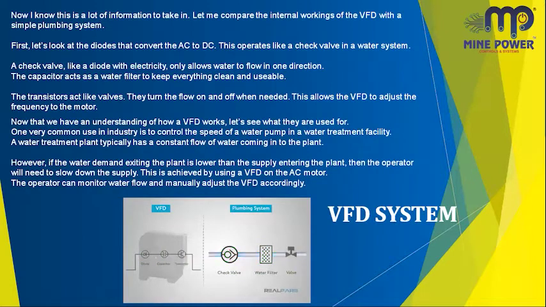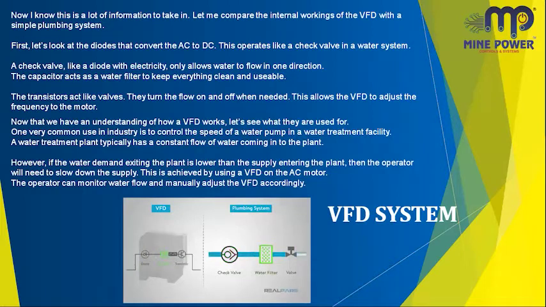Here it is used as a water filter. The water filter removes dust particles and any other suspensions that come, filters them and gives pure water. Here the capacitor gives the pure DC supply, and there it gives pure water. The transistor is used as a switching device to control the flow of electricity. Here we use the valve. For what purpose the valve? It is also used to control the flow of water from the opposite side.